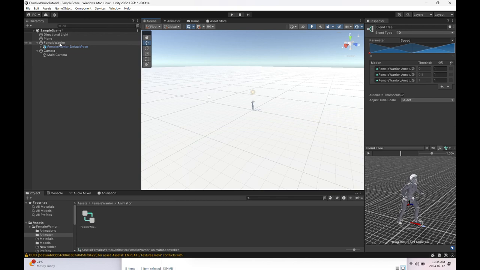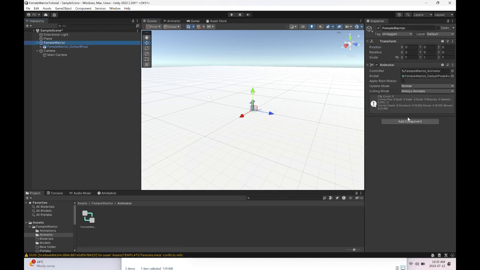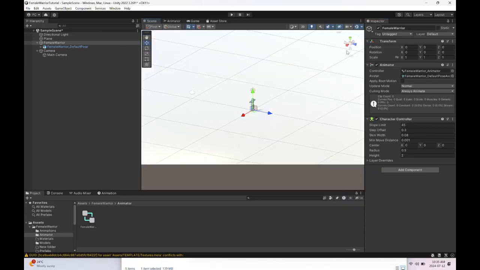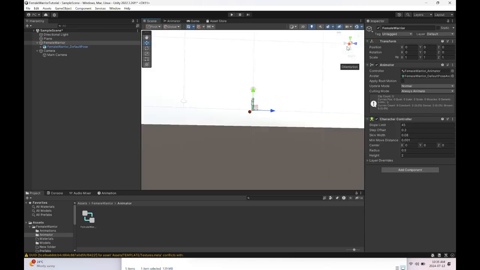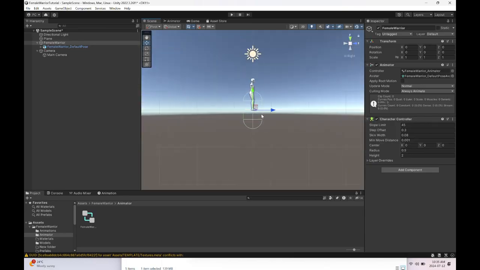And I'm going to go back here, press female warrior, and I need to add a character controller. I'm going to click on this thing here, that there's a cube in the middle. You click it, it goes into orthographic. I'm going to go into side view. It's easier to see